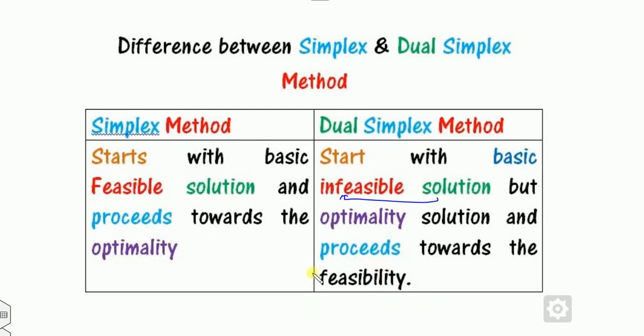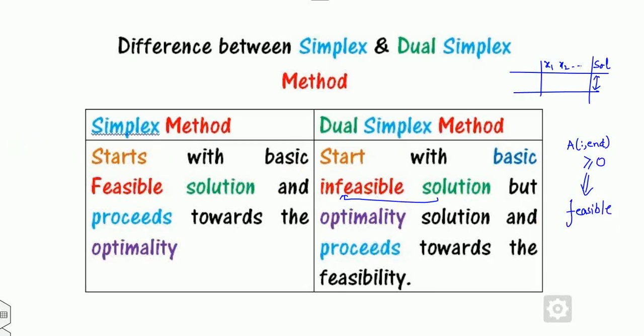So what is a feasible solution? If we draw the simplex table and this is the solution column, if all the values in this solution column are positive, say the b values are all greater than or equal to 0, then we call this my feasible solution. So that is the task of this.